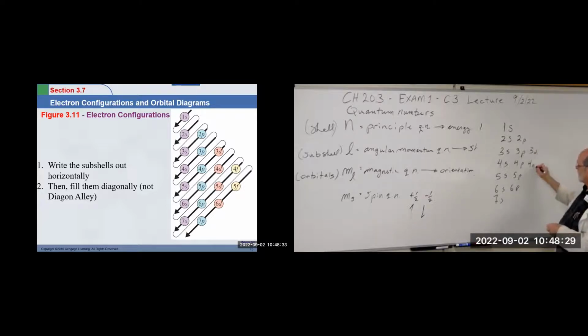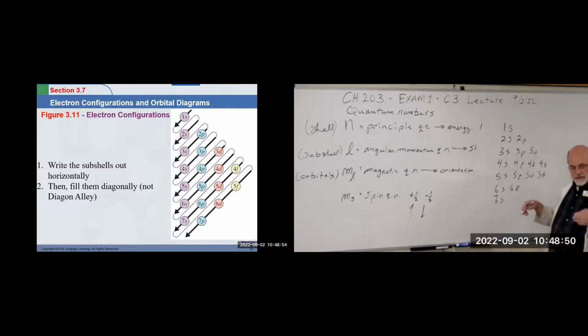But 4 can have a D. 5 can have a D. And that's probably enough. We can't have any F's out here, so we have 4F, and we have 5F. We could do D's and F's down here, but the way we're going to fill, then we don't need them,